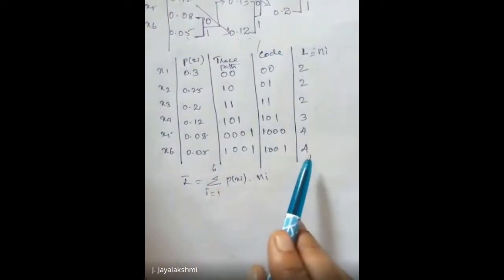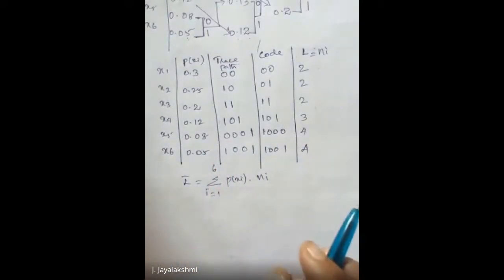Li is nothing but your ni. So just multiply 0.3 into 2, 0.25 into 2, 0.2 into 2, 0.12 into 3, 0.08 into 4, 0.05 into 4. So here you will have the length to be